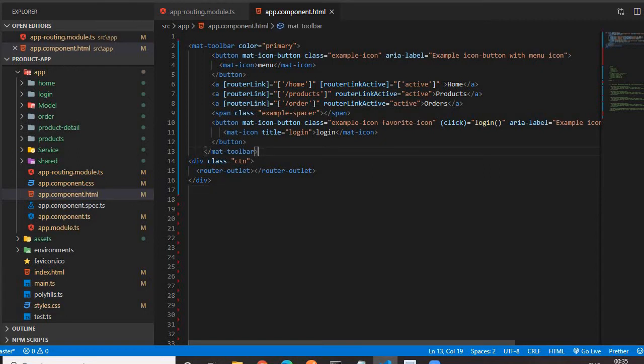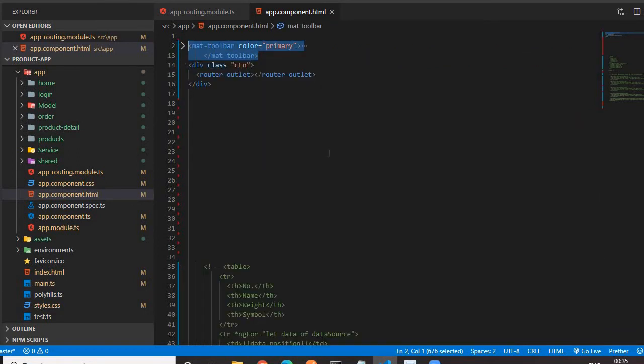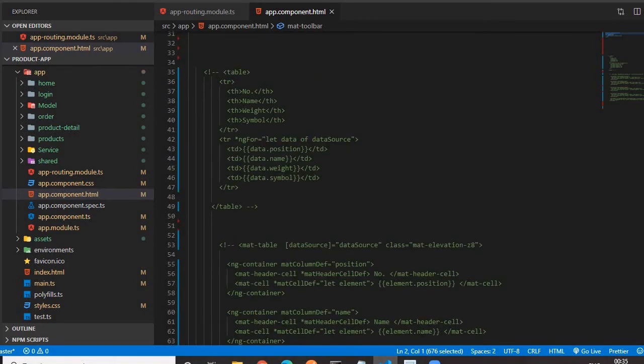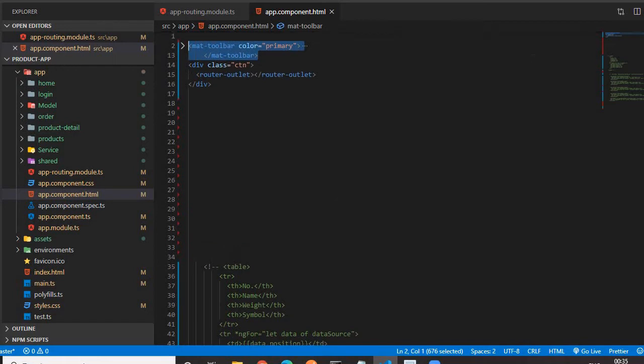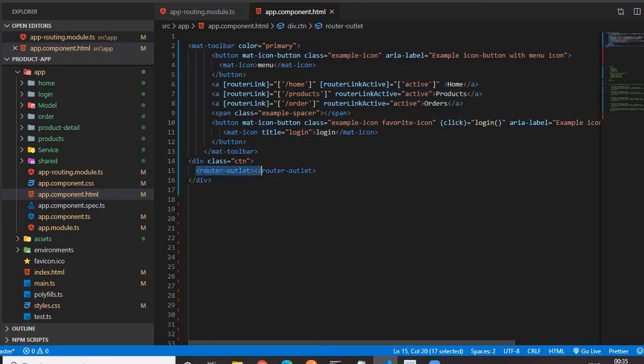So this is the navigation bar. Wherever we have the navigation bar, we will go to that component. Then we have to write this line below the mat toolbar, below the navigation bar: router outlet.